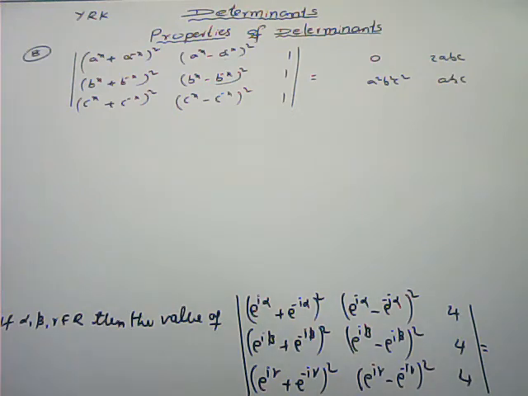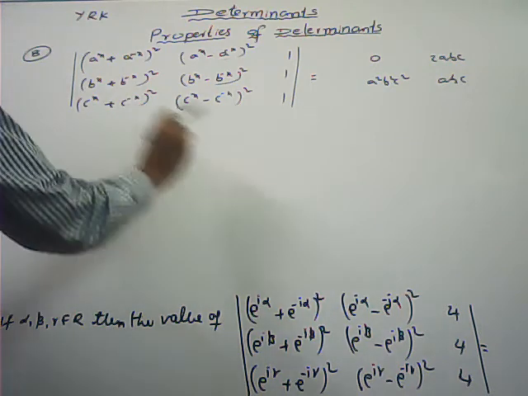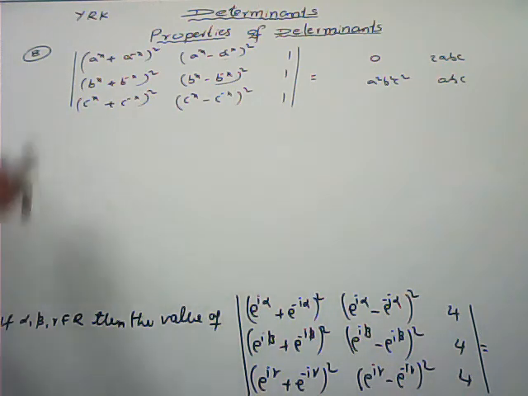Next one. Here both are similar models only. This one is for self practice. The options they gave: depends upon alpha beta, depends upon beta gamma, depends upon alpha gamma, independent of alpha beta gamma. So whatever we get here, we can get the same result. They changed the notations only.